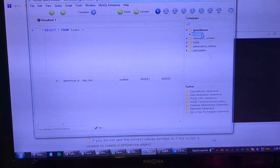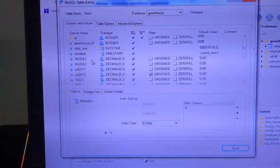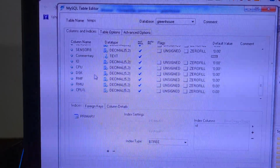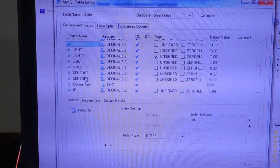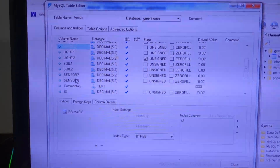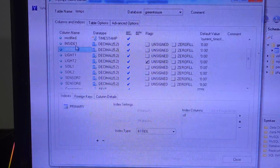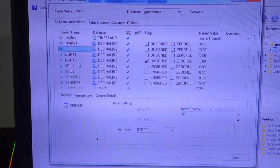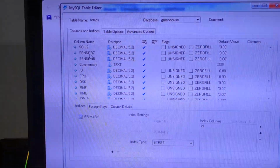But I did set up the new database layout. So I guess I'll just show you that quick while we're here. The usual CPU data, thermal sensor data from the CPU and all that. Always like to monitor what the actual hardware is doing. And then of course I've set up I think 8 slots here for sensors: inside 1 and 2, light 1 and 2 to monitor light temperatures, soil 1 and 2 for soil temperatures, and then I just defaulted sensors 7